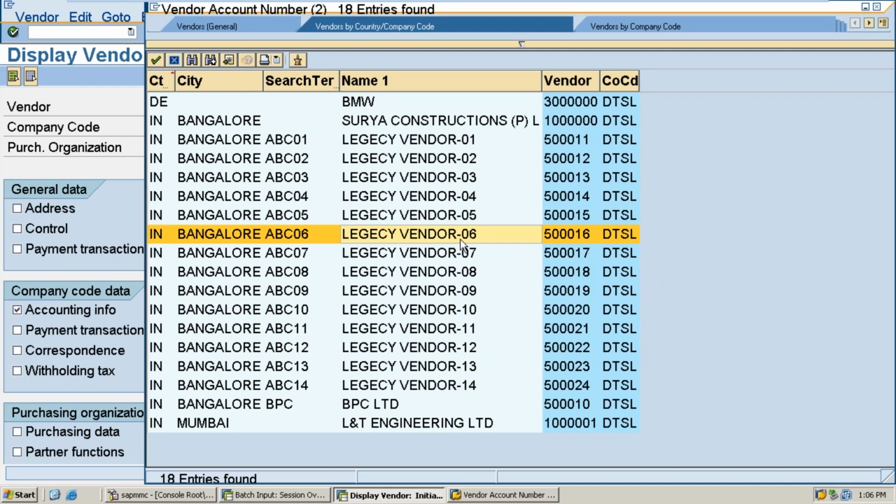You understand at least the concept of this LSMW, how it is useful in your organization tomorrow. It will be useful during migration time and cutover activity time. Not only in the implementation part, even in the support part. Say there are 100 vendor master records that need to be created manually. My user is not interested, so she requested me to create one flat file.